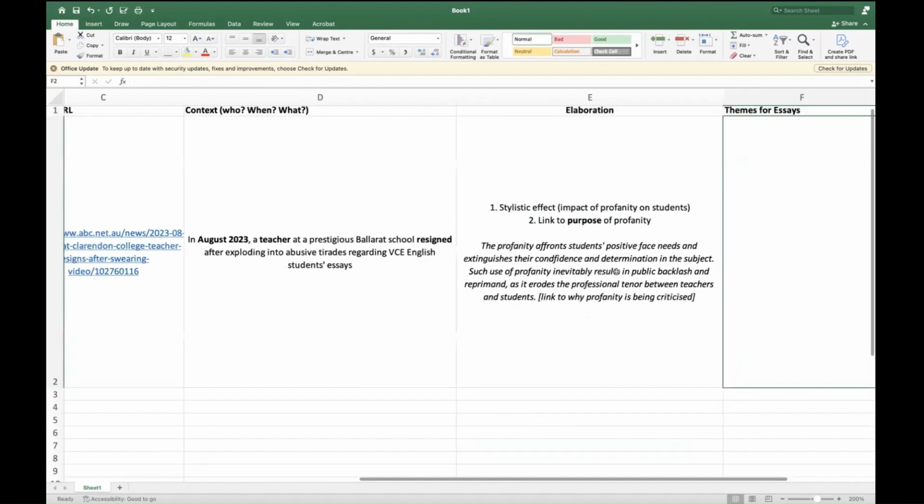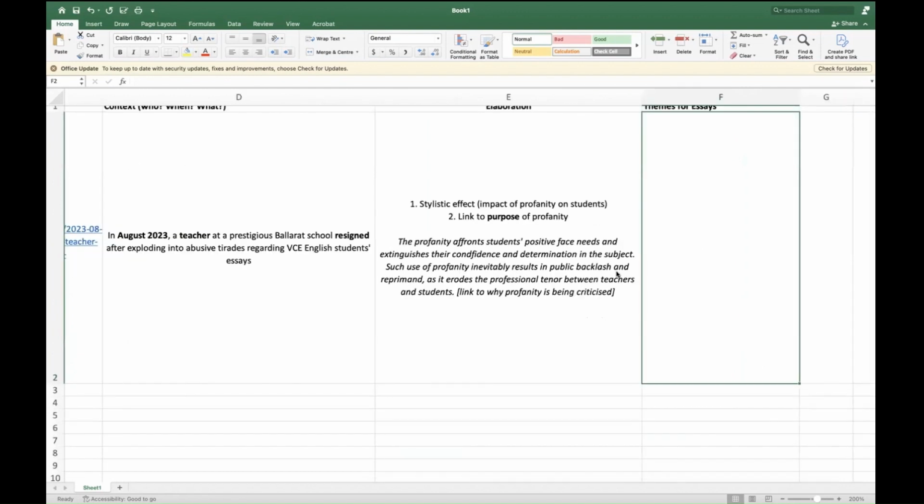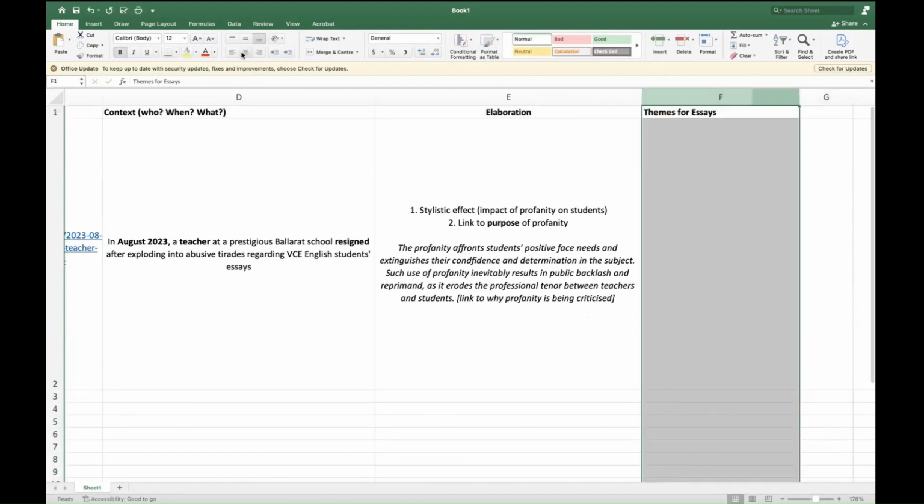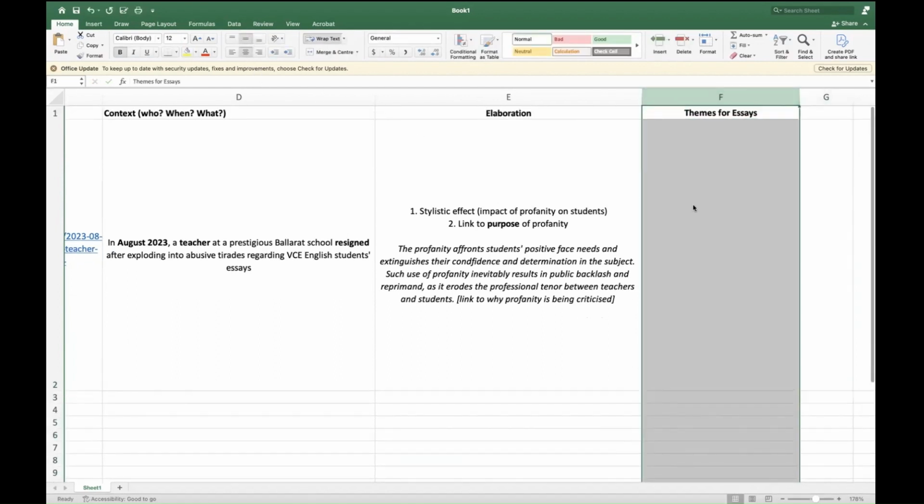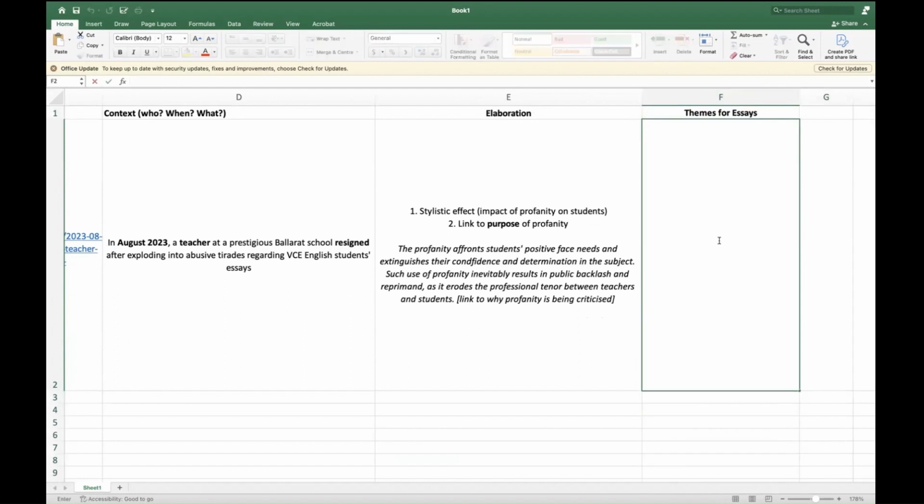So elaboration is just like, oh, what does the profanity do? What are the purposes? And you link to any keywords in the topic. Final column is where you put the themes. So basically, what essays can you use this example in? Now, because you haven't done this subject 7 times, you might not know what themes you can use this example in.